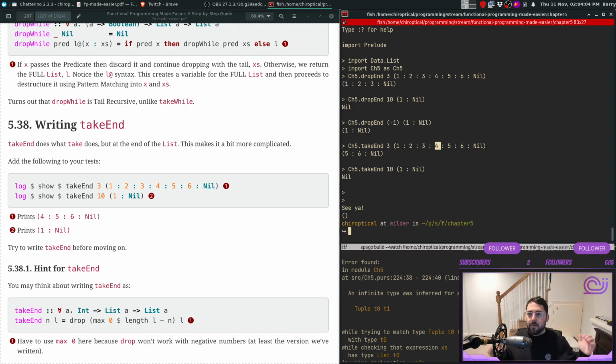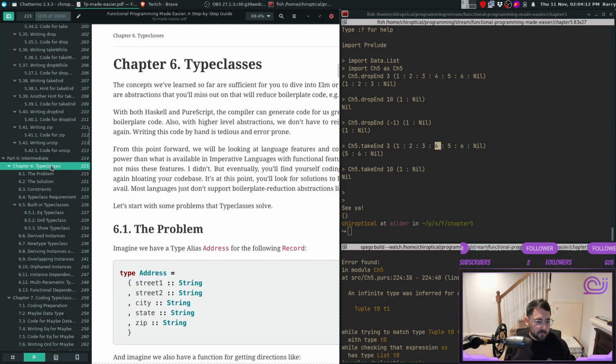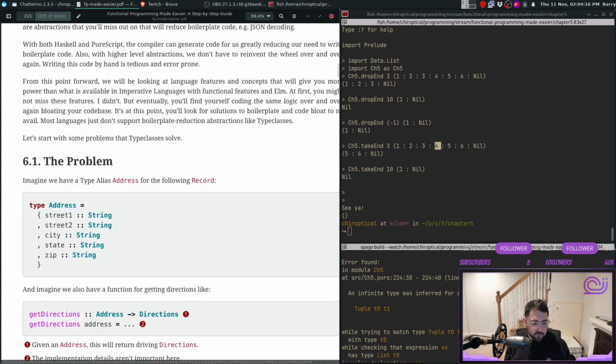So anyway, there's chapter 5. We're done with chapter 5, and now we get into chapter 6, which will be type classes, which is pretty cool. Type classes are sweet, and they kind of